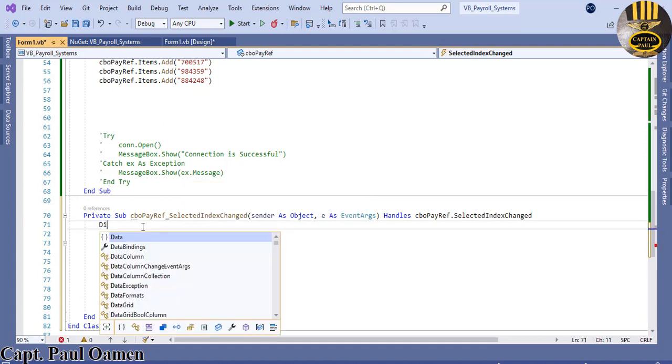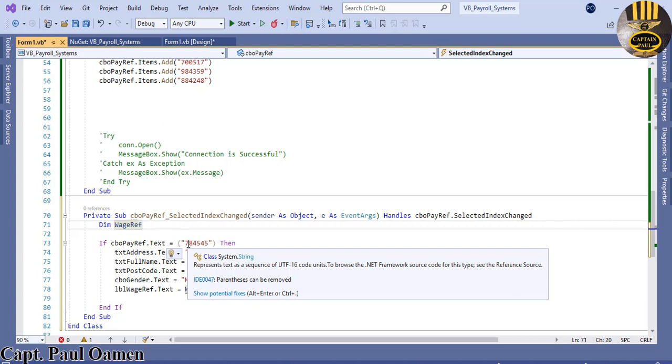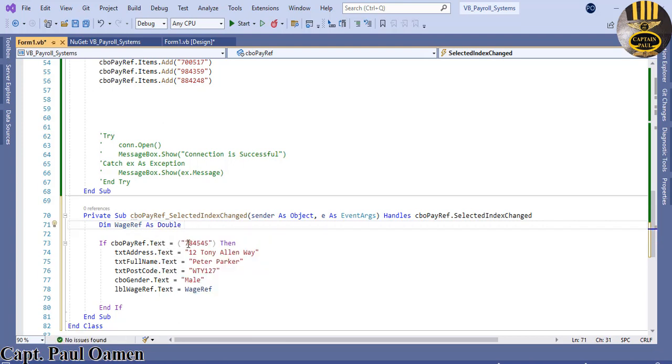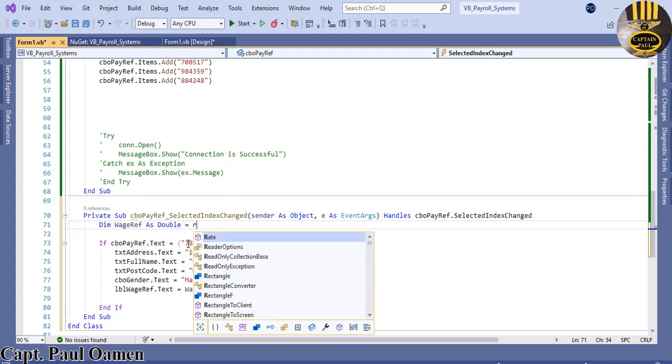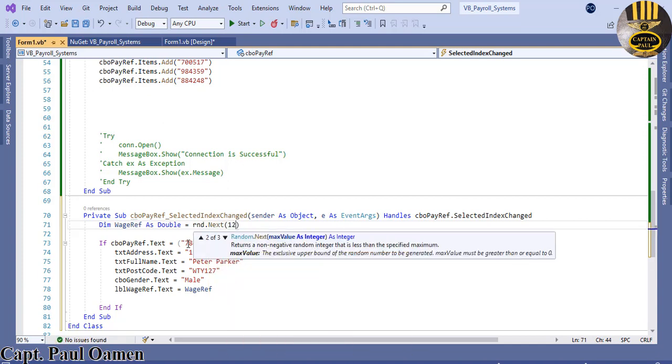I'll just say dim wage reference. Grab all of this. Might as well paste it here. Dim wage reference as double, and it's going to be equals run dot next, and let's say the value is going to be